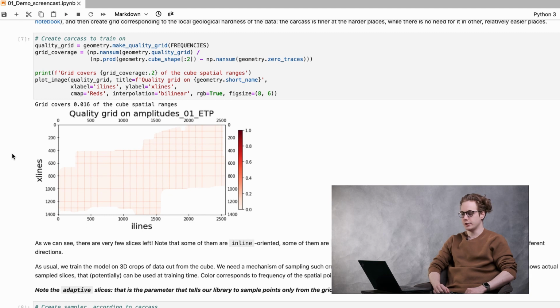As I previously mentioned, we want to train on a very sparse grid cut from the original horizon. It is created in cell number 7, and here is the top view of it. We can see that it consists of just a few slices of data, compared to thousands in the whole field. In real projects, our geology experts can label 10 to 20 slices in a matter of hours, so it is reasonable to test our model by cutting a carcass like this.